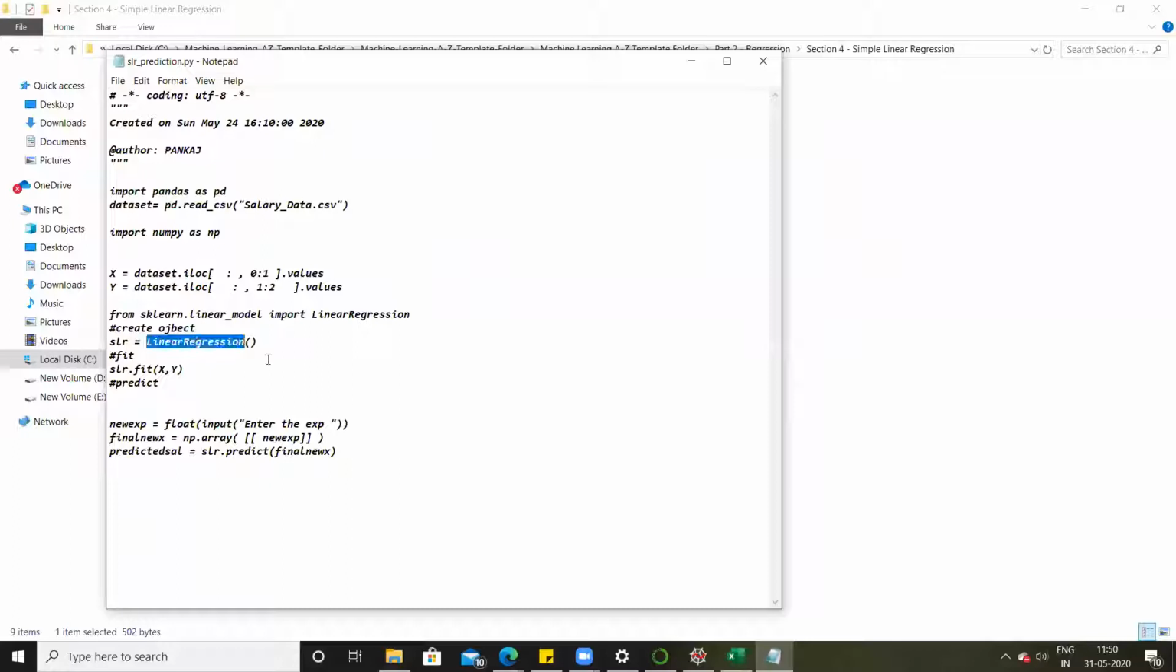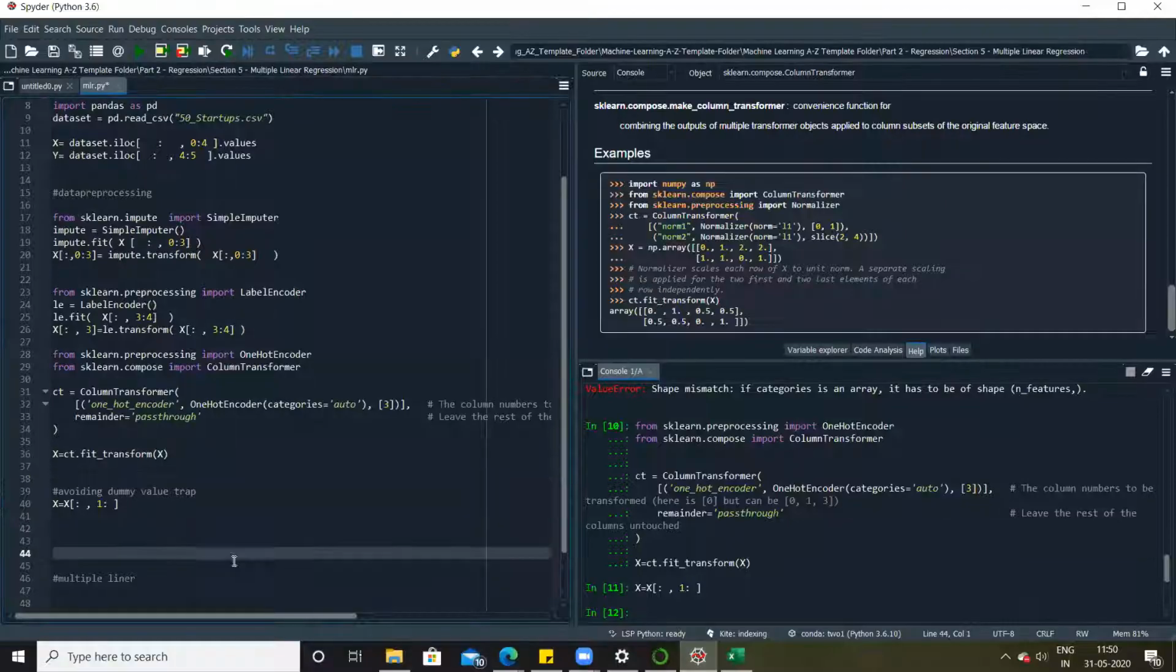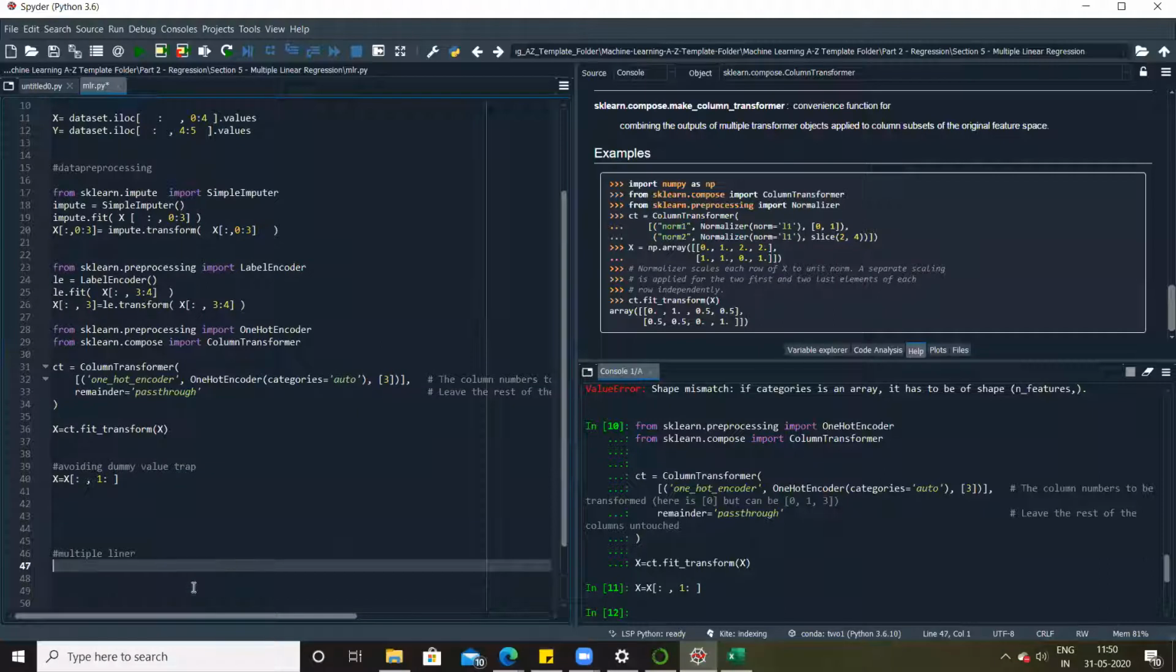So for linear regression, we have used the linear regression library. When this library was created, they were aware of this fact that SLR is nothing but a special case of multiple linear regression, right? And therefore, in order to perform multiple linear regression, we can actually use the same library. So I'll say from sklearn.linear_model, import